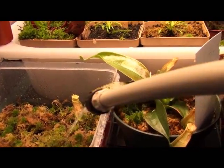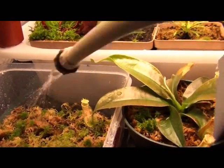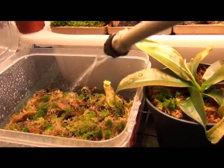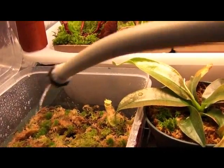Just for the heck of it, I'll say don't put water in your Nepenthes pitchers. It's not something you want to do, but we'll talk about that in another video. Dilutes the digestive enzymes, and you don't want to do that. Anyway,